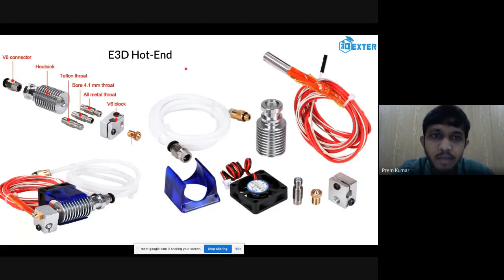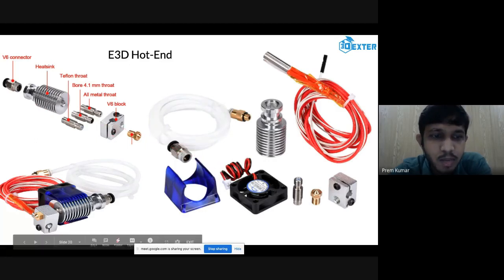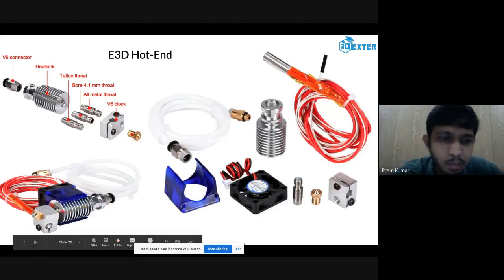It will be starting from here. In an extrusion mechanism, the material will be fed by a motor to the hot end. The hot end is the area where your filament melts. So this is the complete assembly of this hot end. It is an E3D type hot end made by the E3D company.